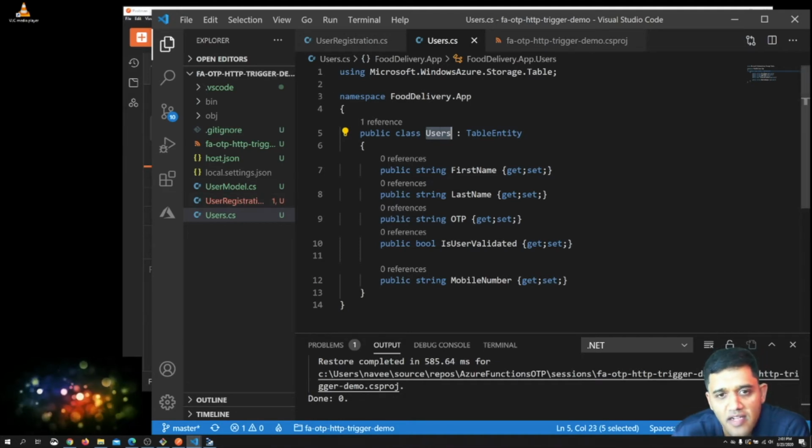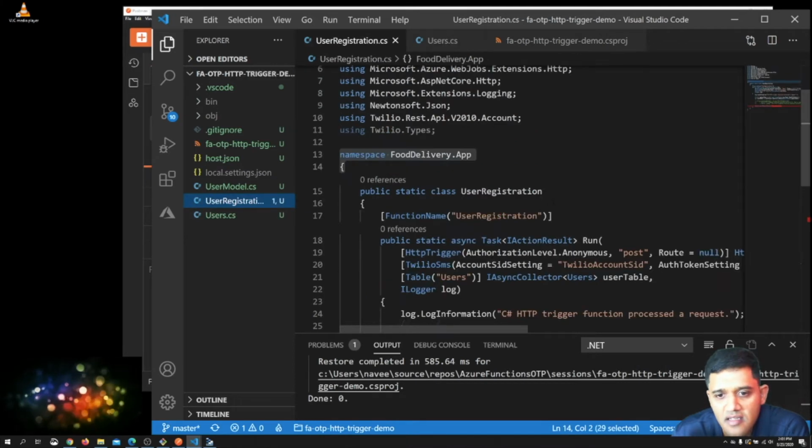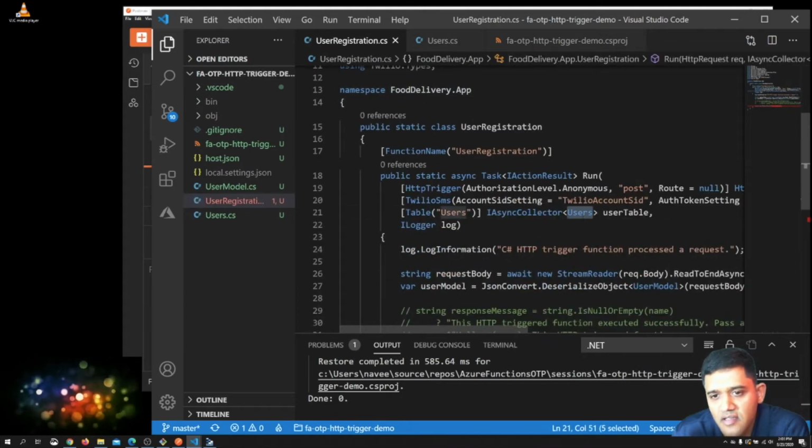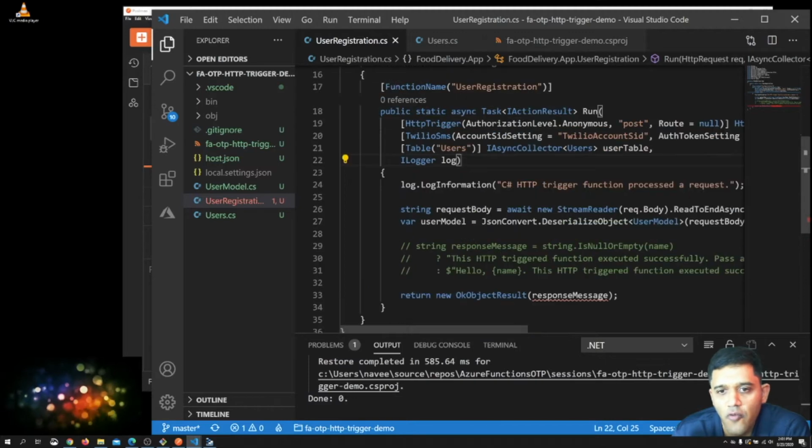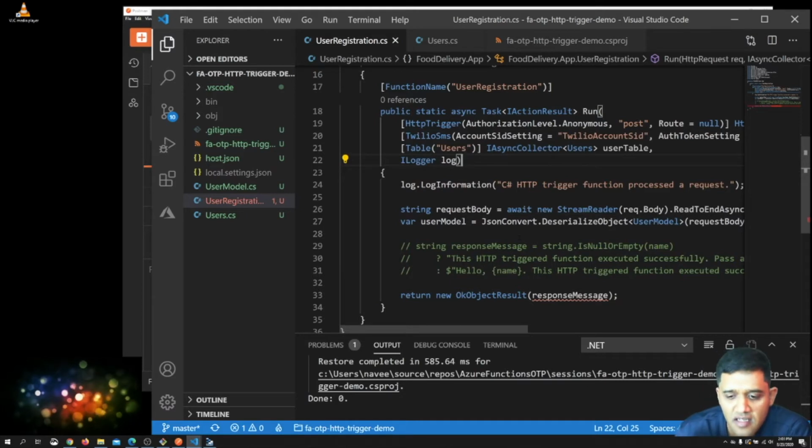So now that I have added the users table here, this error will go away. The error that was coming here went away. So now I've added the Twilio and the table has been added. Now we have to write the logic to generate an OTP and to hash it. I don't want the OTP to be exposed in the database, so I want to hash it, so that nobody can see what OTP was sent to the user. And for that I have to write some utility functions.